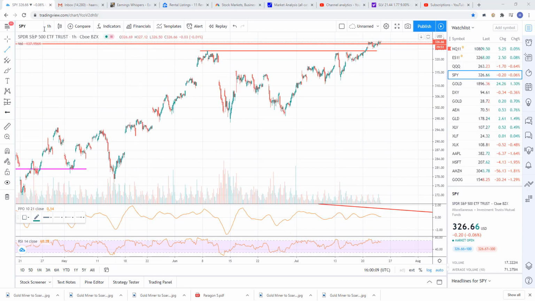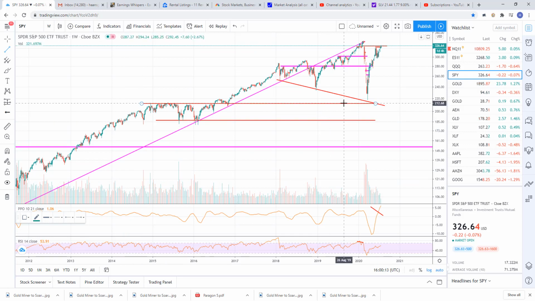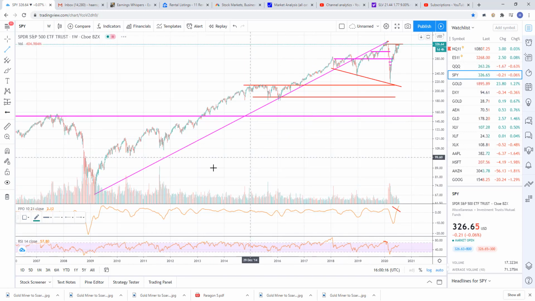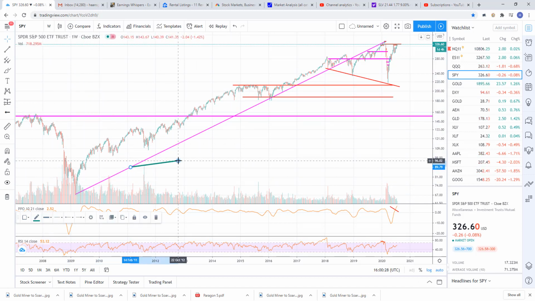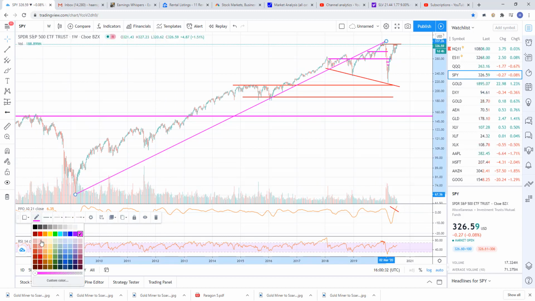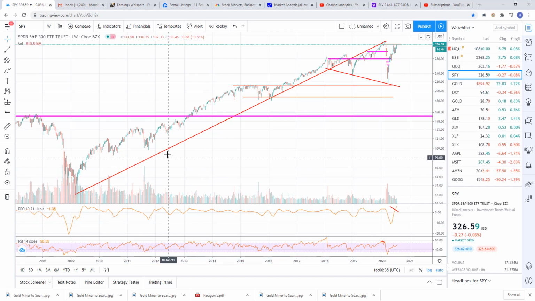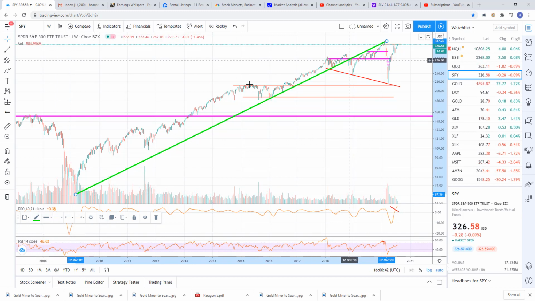And I'll point this out again for anybody who's new, who hasn't seen this. I've pointed it out in a lot of videos, but here's why this channel is bearish, basically. I started the channel back here in 2018, and here's your bull market trend line, this purple line right here. I'll change the color so everybody can see it. We'll make it green so it's completely different. There. This green line is your bull market.